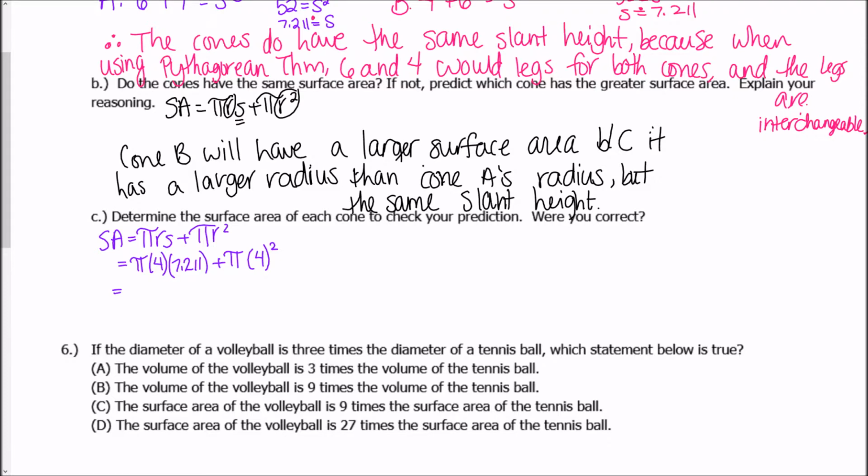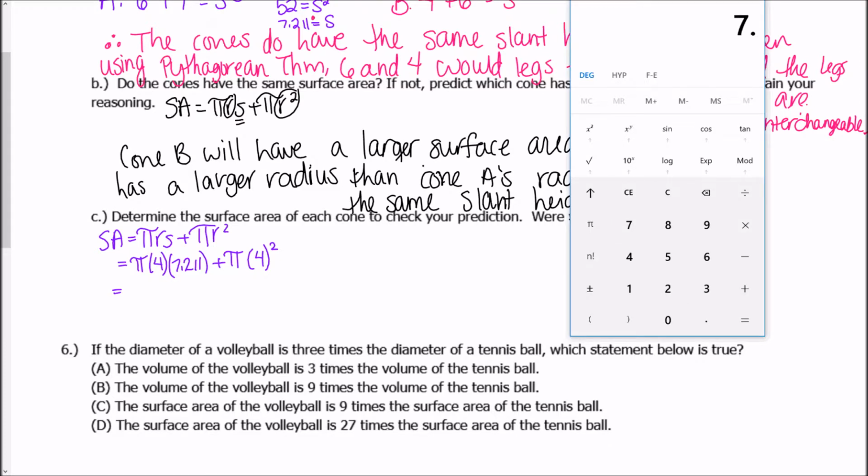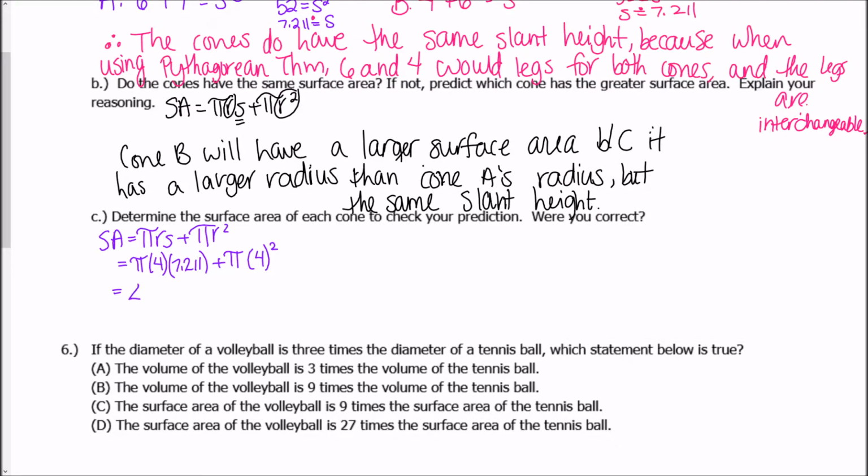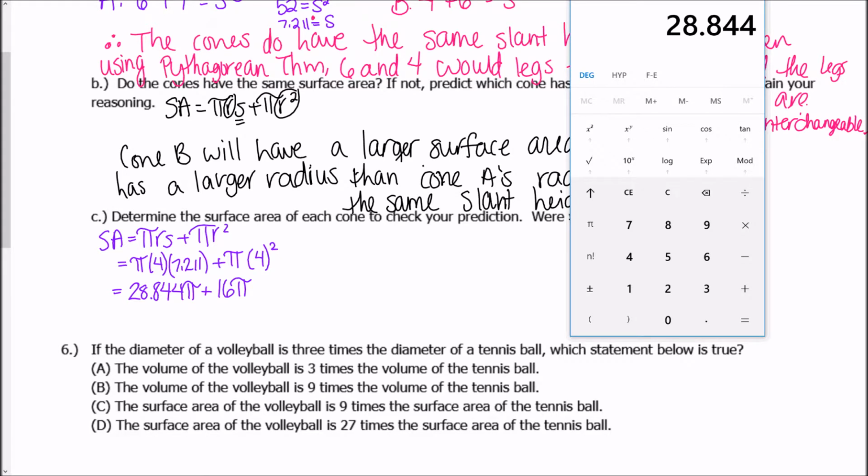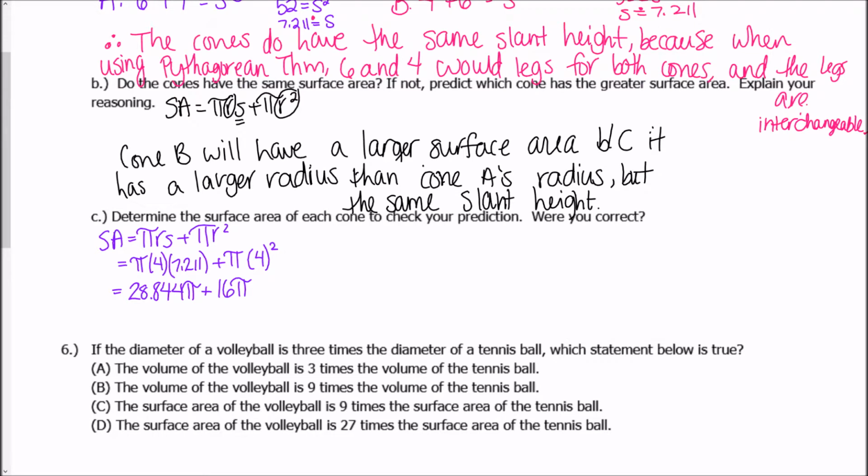So let's take 7.211, multiply that by 4. We get 28.844 pi, plus 4 squared is 16 pi, because 4 squared is 16. Now I'm going to add 16 to that, and I get 44.844 pi,